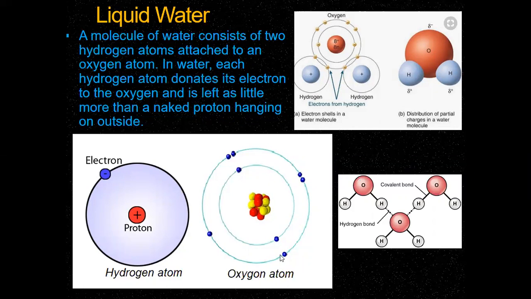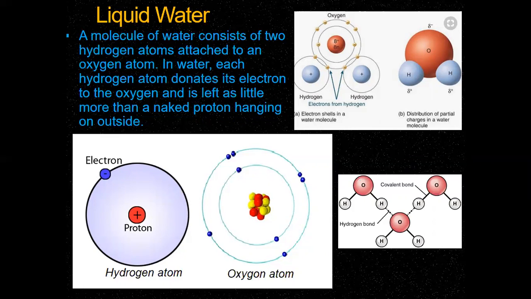So it's easy to make a bond between hydrogen and oxygen, because oxygen is in need of an electron, and hydrogen is always willing to share its electron to make the atom neutral, right? So a molecule of water consists of 2 hydrogen atoms attached to an oxygen atom. In water, each hydrogen atom donates its electron to the oxygen, and it's left as little more than a naked proton